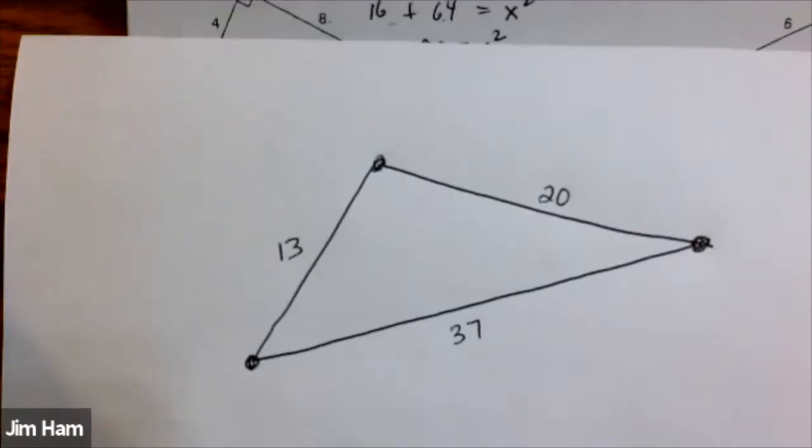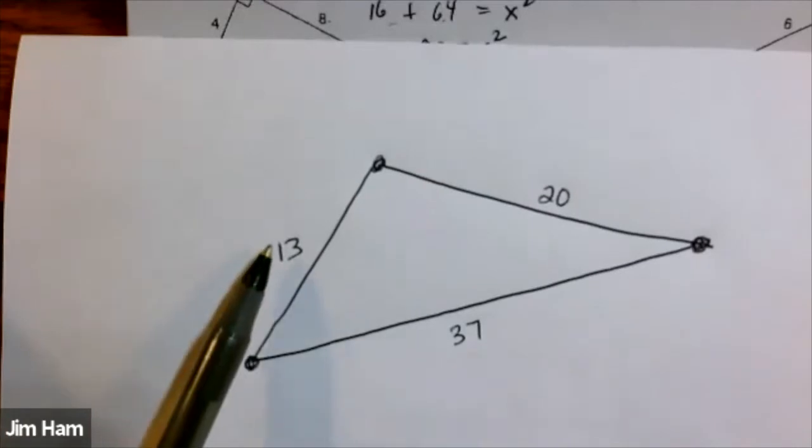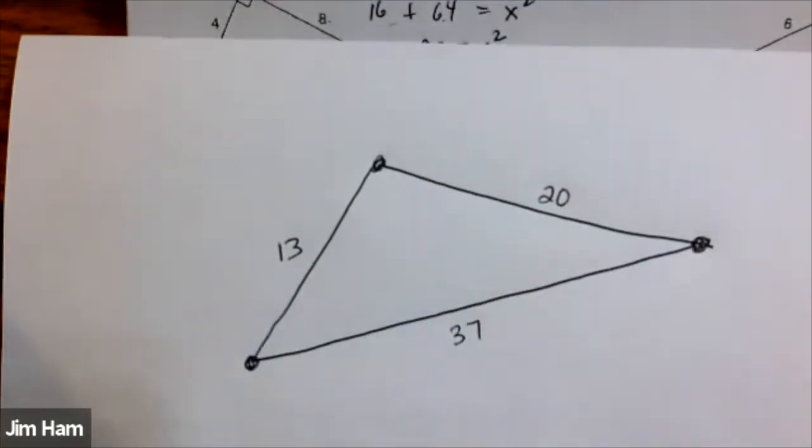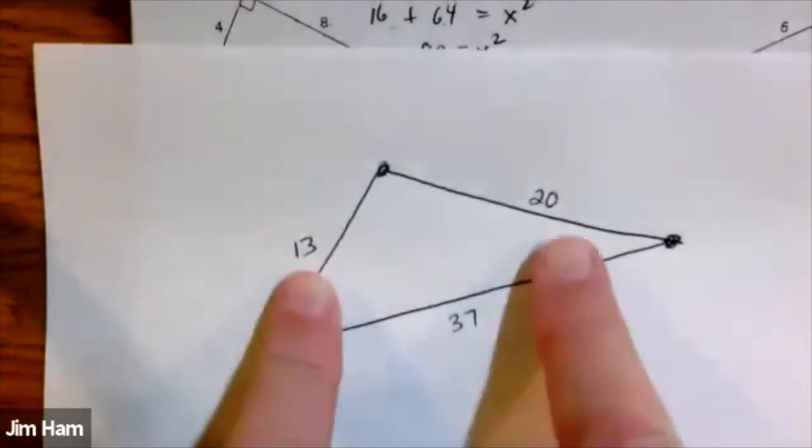I see some no's. So this is the largest side. So you'd have to take 13 squared plus 20 squared and see if it equals 37 squared. We've done some like this. Here's my next question. Is this a triangle? And the answer is, not a triangle. That's right. Even though it looks like a triangle, it's not a triangle, because if you added these three sides,